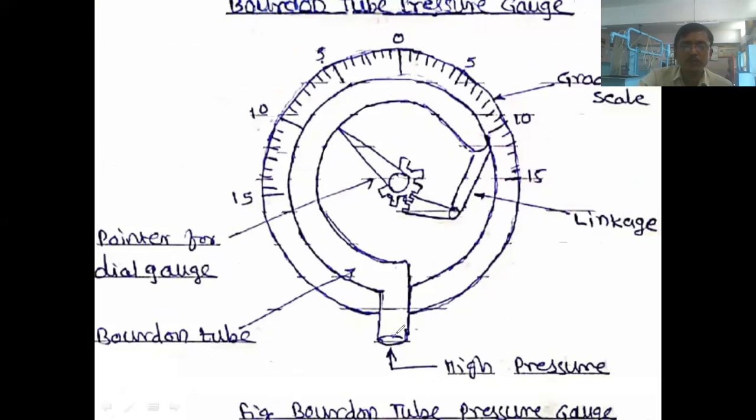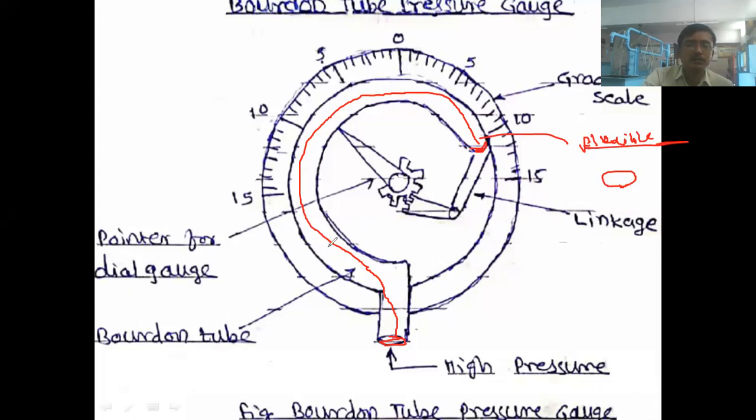This is a rough diagram. This is the tube, which is called the Bourdon tube. This is a metallic tube, which is open at one end and closed at the other end. This tube is open here, but it is closed on the other side. It is a flexible metallic tube, which means its shape can be changed. It is elliptical in cross section. Instead of a circular cross section, it is somewhat elliptical.